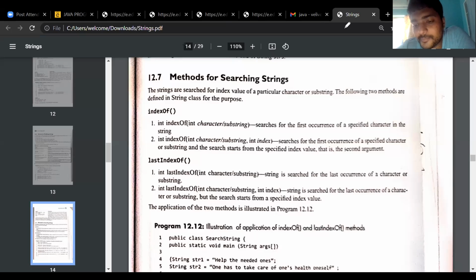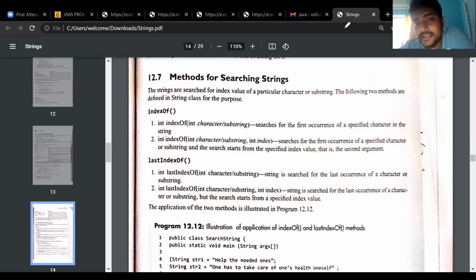Then we have seen some operations, like getting the substring from the string, that means getting the characters from the string. How do you print the characters from a given string? Suppose the string is a long string, "I am going to Eluru." If you want to print only "go", we have some methods. Then we have seen the comparison also, whether the two strings are equal or not, compareTo. We have seen several methods to compare two strings.